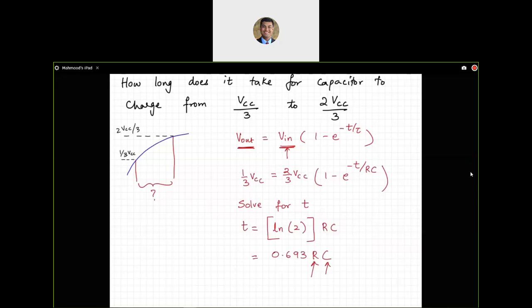Alright, so that's an important result, and I'm just going to highlight this for now so that later on if I need to refer to it, this will be helpful. So time is that, and that's for the charging cycle. Next,